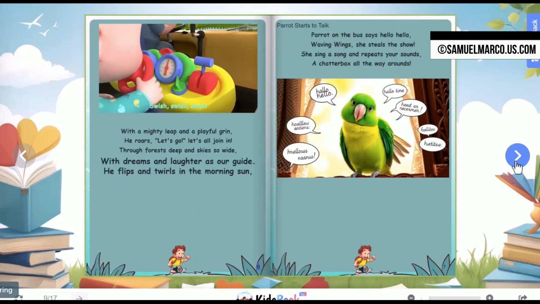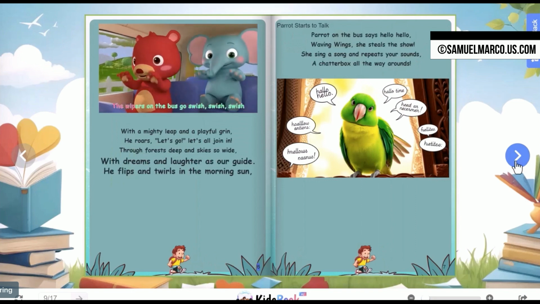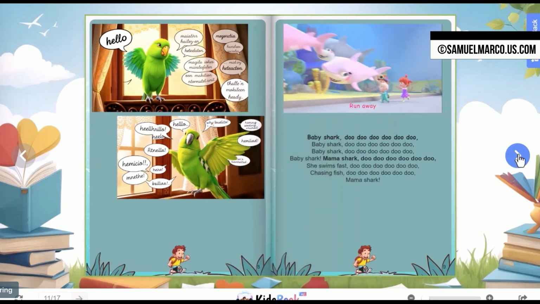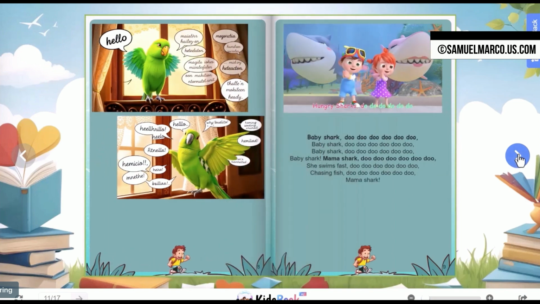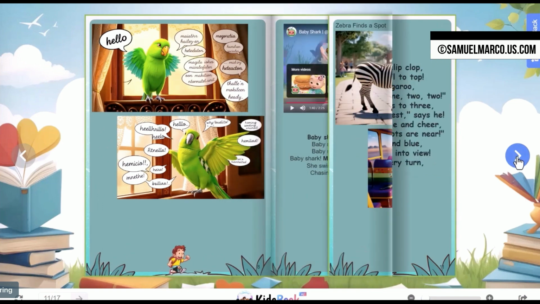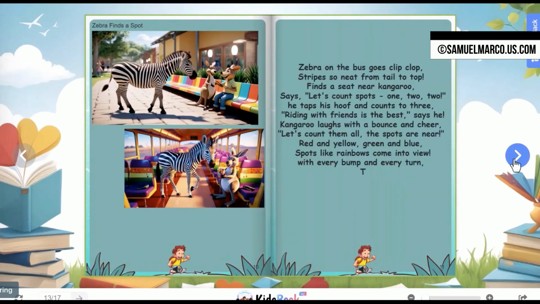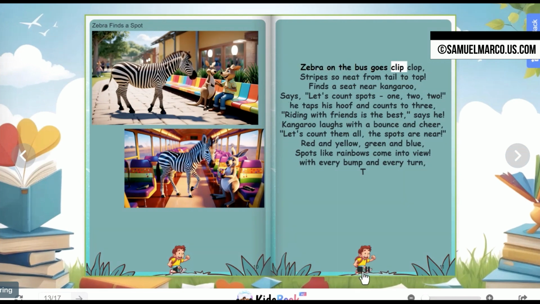Swish, swish, swish. The wipers on the bus run away. Hungry sharks do do do do do do. Hungry. Zebra on the bus goes clip-clop. Stripes so neat from tail to top. Finds a seat near kangaroo, says,